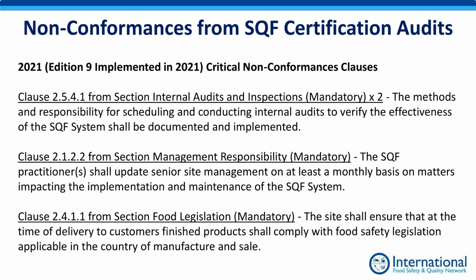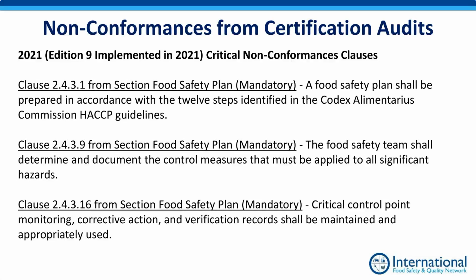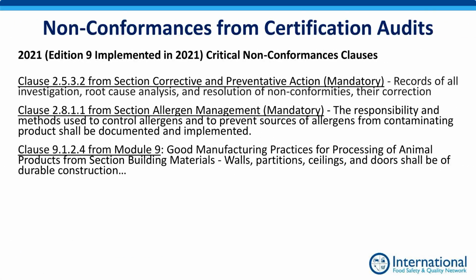So 2021, critical non-conformances. We had two from internal audits and inspections, management responsibility, food safety legislation, food safety plan, three there from different sections, including the 12 steps as per Codex Alimentarius, HACCP guidelines, principles of HACCP, requirements to determine and document control measures, and monitoring, correction, action, and verification records. There are issues with corrective and preventive action records, one allergen management, and a good manufacturing practice, building materials, critical